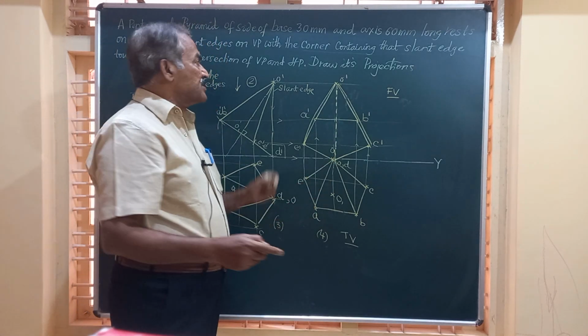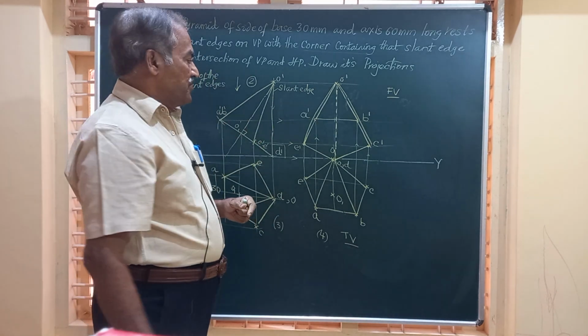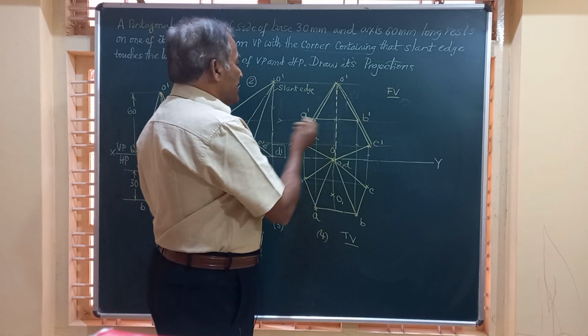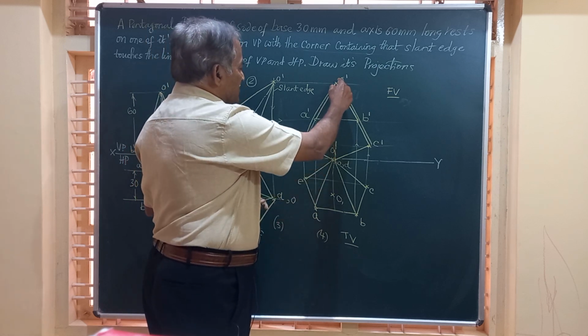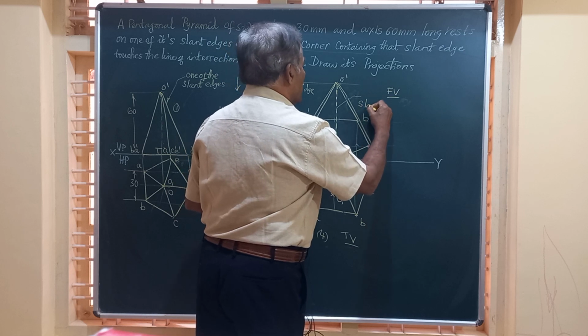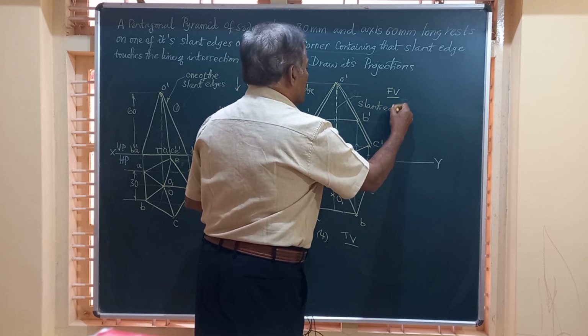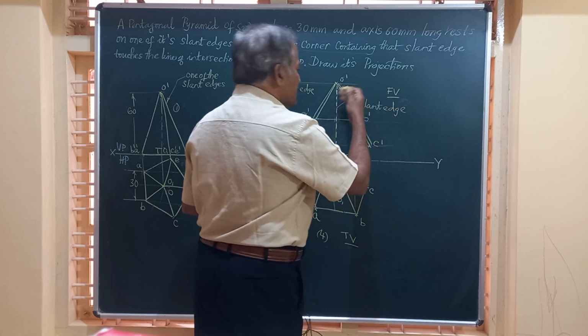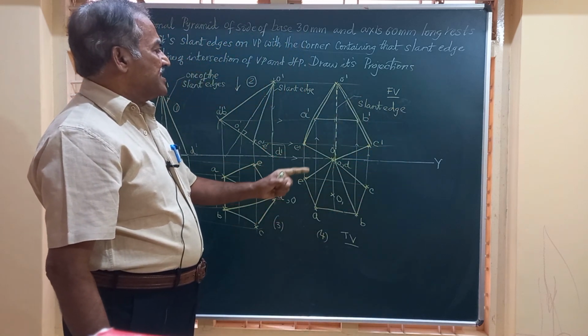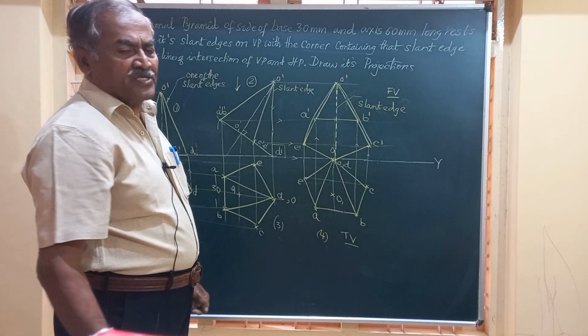That's the line of intersection of HP and VP. And we have got the corresponding front view. And in the front view, we have shown this slant edge O dash D dash